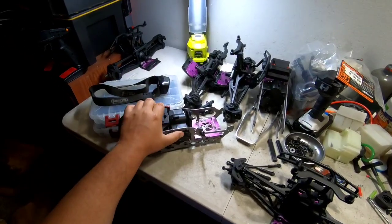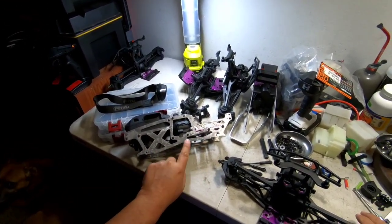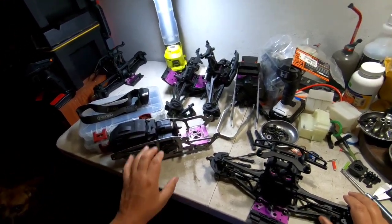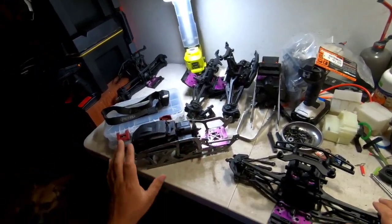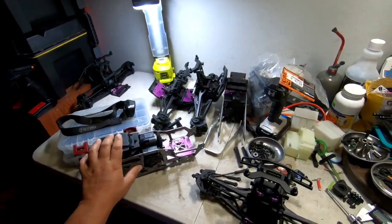We're going to do this one right here. We're going to do the one with the special chassis that I did this for on purpose. Actually, I did this on purpose because for this build, he's going to have a straight 2-speed in him. We're going to put the best servos we have up here in him. And I'm thinking about